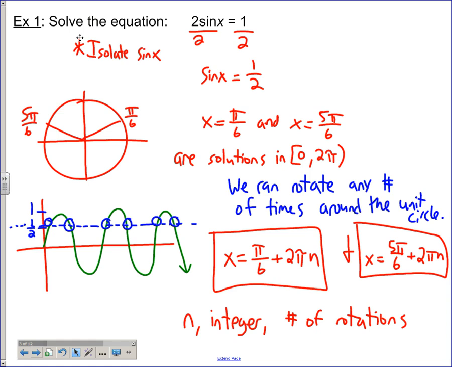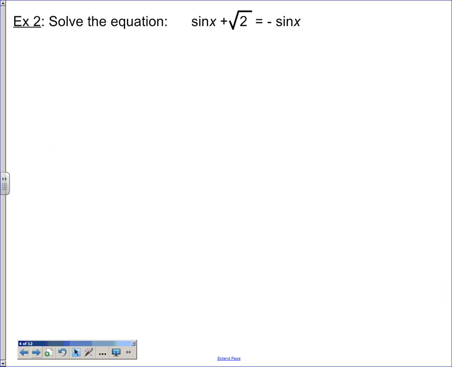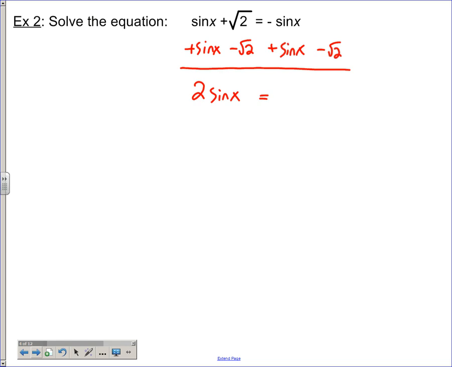Okay, so we went through a lot of detail for this first example, but a similar process is going to work for other examples. So example 2 says sine of x plus root 2 equals negative sine of x. So I want to, again, start by isolating the trig function. So I'm going to move my sine term to the left-hand side by adding sine of x, and I'm going to move my square root of 2 to the right by subtracting it. And I end up with 2 sine of x equals negative square root of 2. I'm still trying to isolate sine of x, so I divide by 2, and I get sine x equals negative